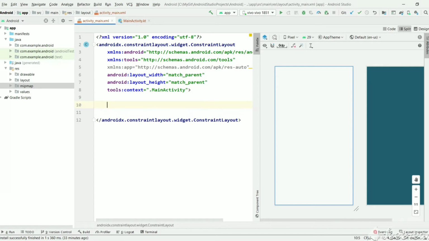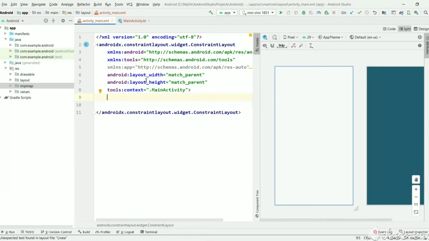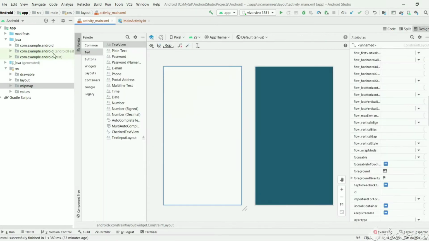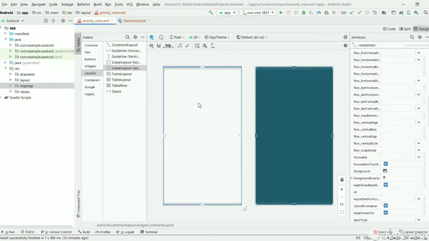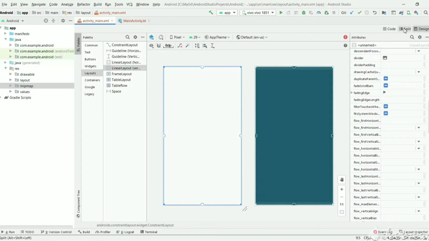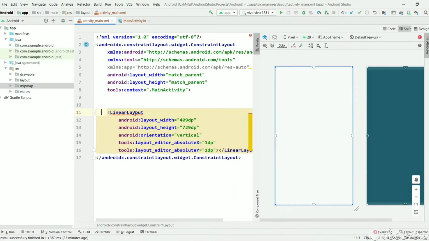So let's create a linear layout. We can create it manually, or we can just go to the design and select layouts and select a linear layout. We need a vertical linear layout. Just select and drag and drop here, and in code XML you will be seeing a layout file.